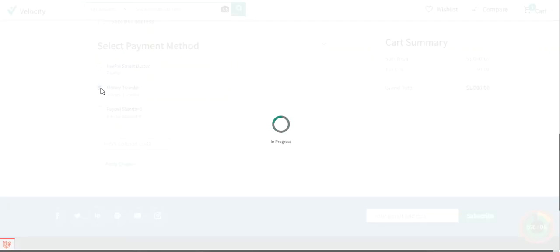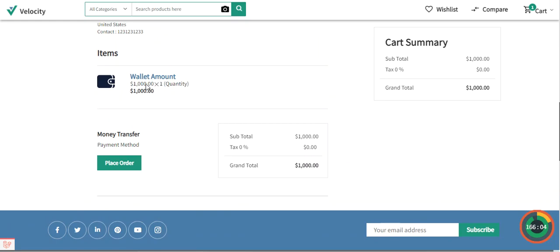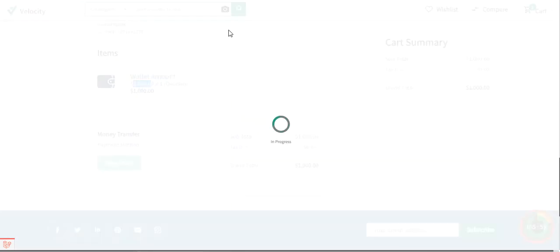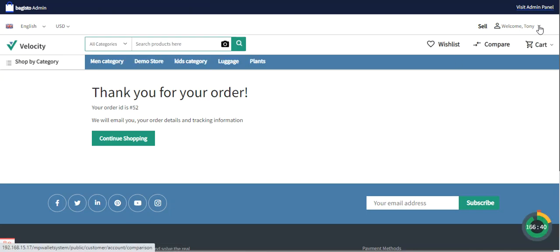So for now I'll be selecting it as money transfer, and if I scroll down here under the items, we can see that the $1,000 are going to be added with one quantity into the wallet there. And let's tap here on the place order button thereafter. So the order has been placed. Now if I go to my profile